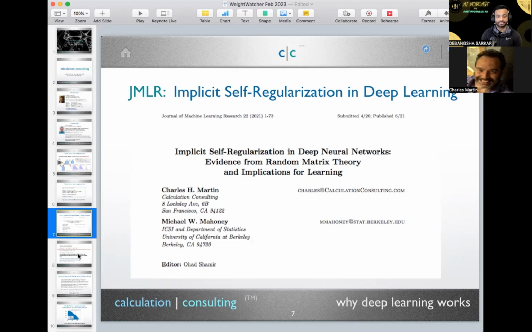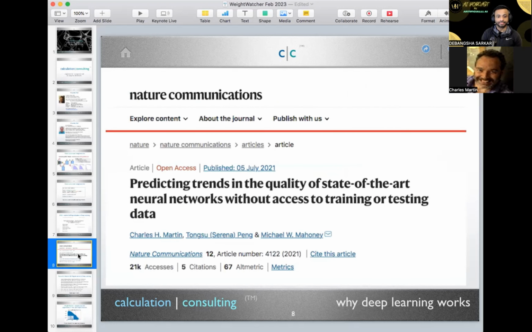We also have a paper in Nature Communications. This is an interesting paper. It allows us to predict the model quality, your test accuracies or your BLEU scores. We can predict that without looking at the training or the test data. This paper is probably the first paper that's come out which is a meta-analysis of pre-trained models. At the time we did this, it's 2021, but this work is several years old. It took forever to get it published. We submitted it to NIPS, we submitted it to ICML, and they don't understand it.